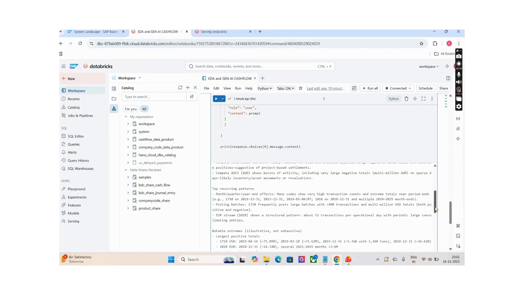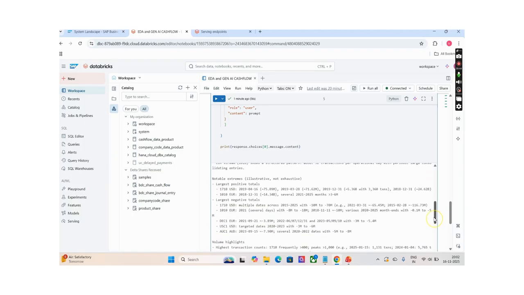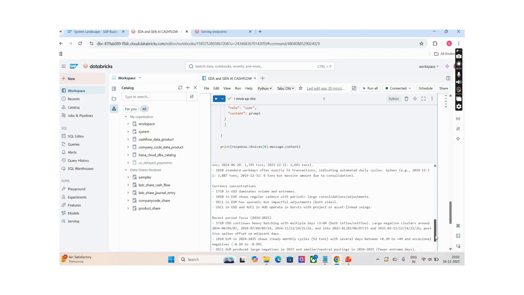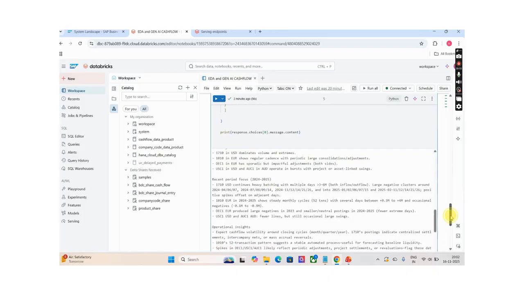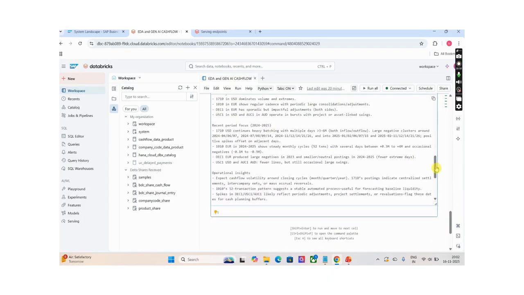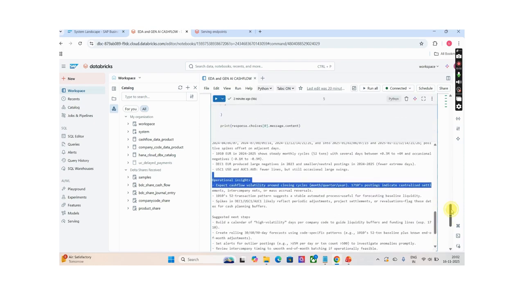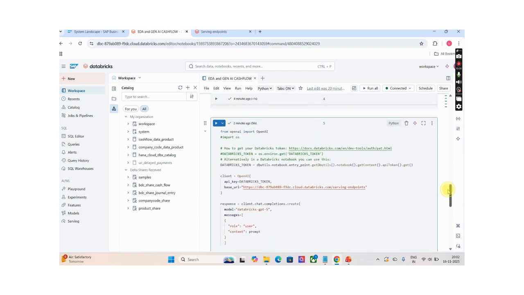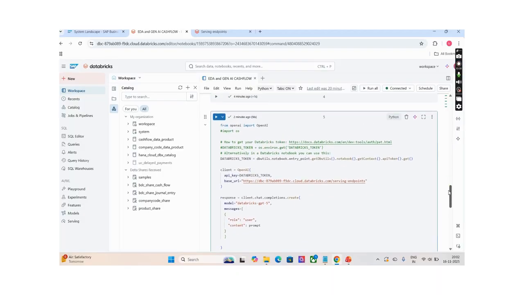Also, the LLM is observing top recurring patterns and notable extremes, and it's also giving volume highlights, currency concentrations, and recent period focus. Operational insights are also provided by the LLM. So in this way we are integrating the LLM with our cash flow data, and we can get beautiful insights from the LLM. Okay, so this is about GPT-5.